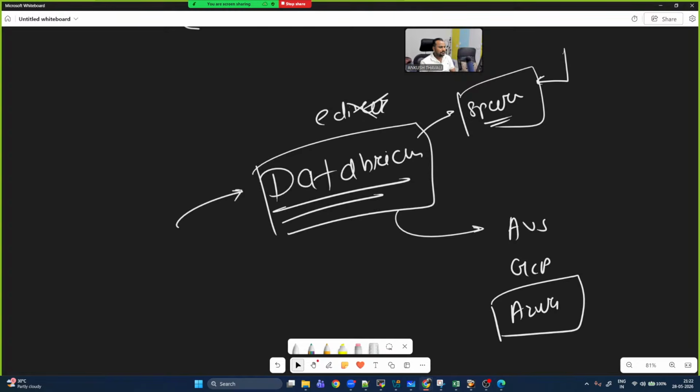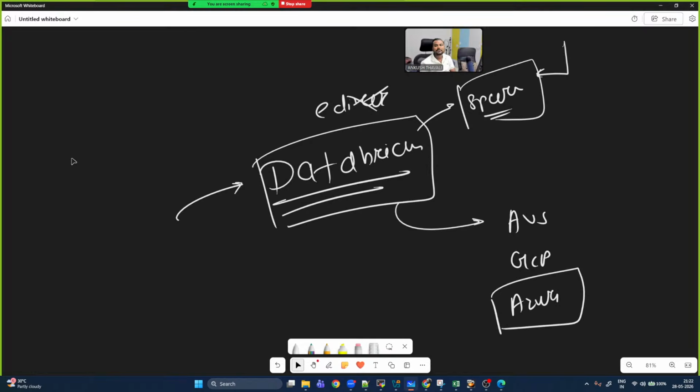So that is the reason the importance of Databricks is really booming in the market. Now this Databricks is also coming with multiple other things, like for example,